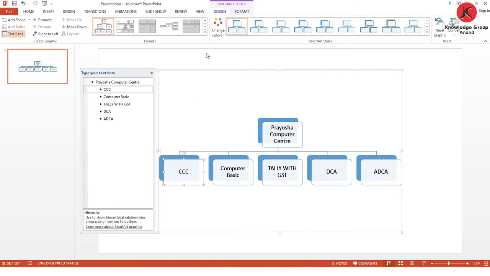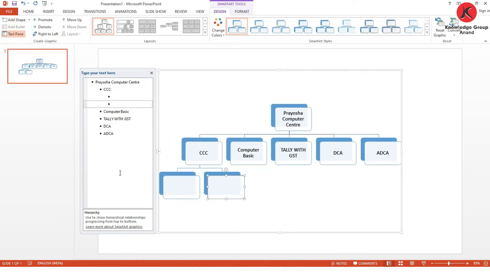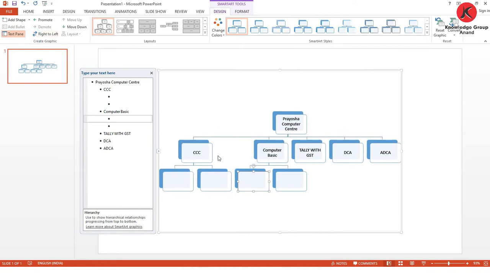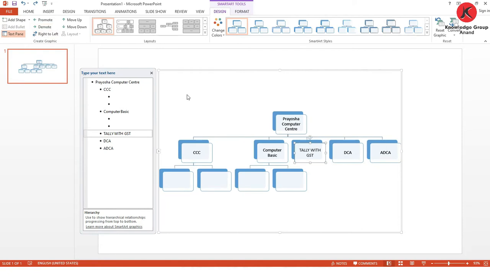So select that and again go to add shape and click on add shape below. Done. Now again I want to add a shape after this, so select it, click on add shape below. Done. Same way here, click here and add shape below. And the second way, you can select this and click on after or before. Okay, you can access both. Same way click here, after or below, both can be there. Okay, so no, not after but below.